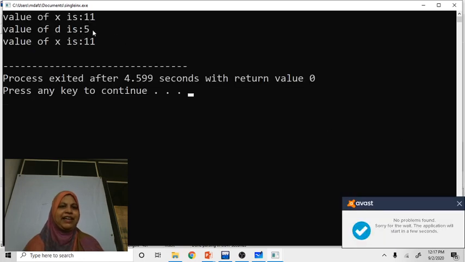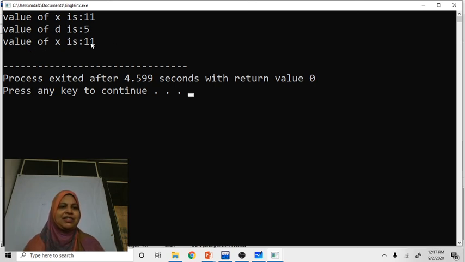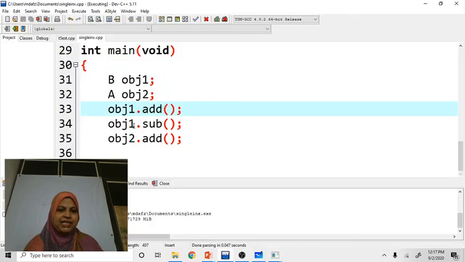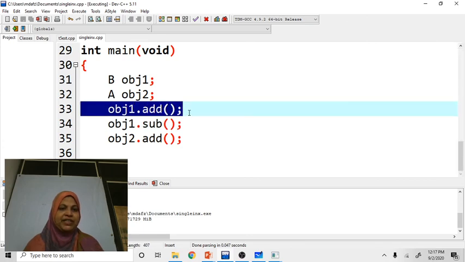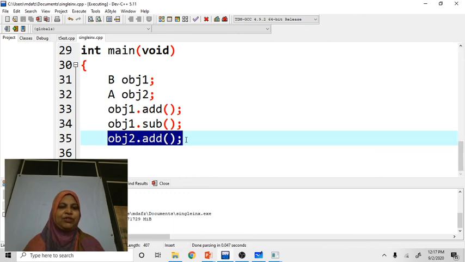See here, value of x is 11, value of d is 5, value of x is 11. Here we are calling the add function two times. That's the reason we are getting 11 and 11. In this case we call the add function by using the obj object, and by using this obj2 object we call the same function.